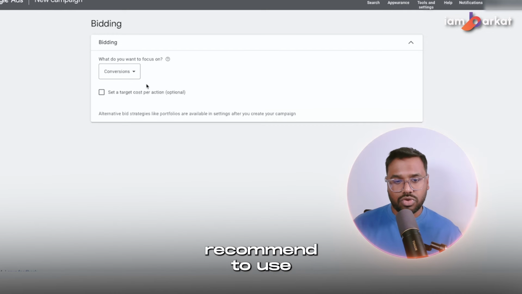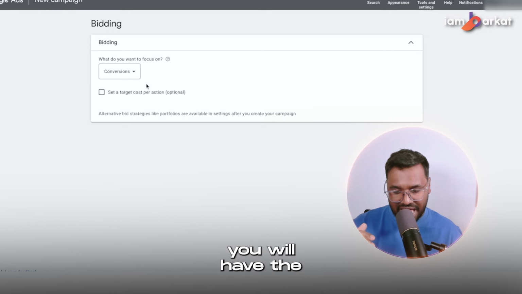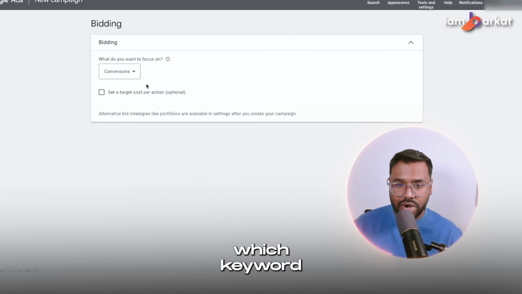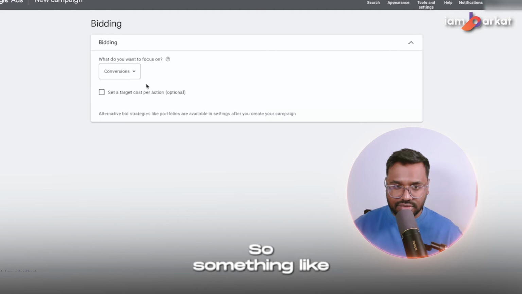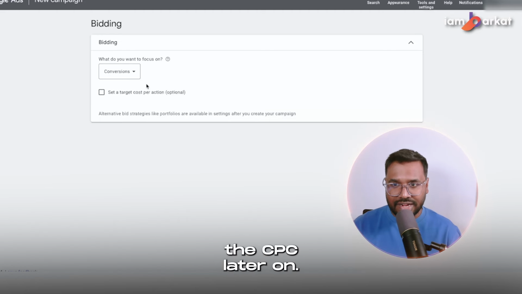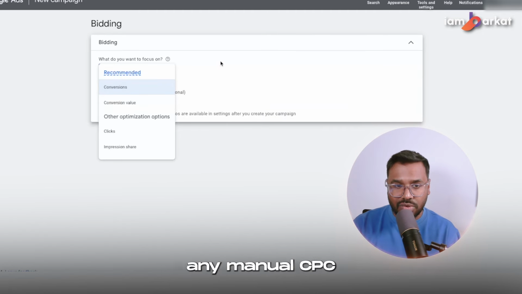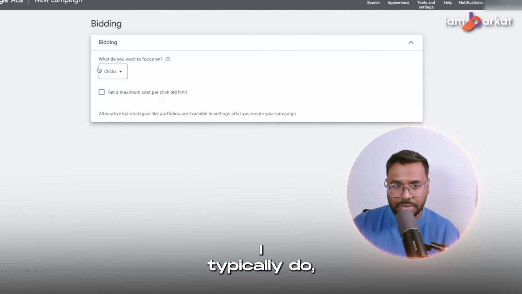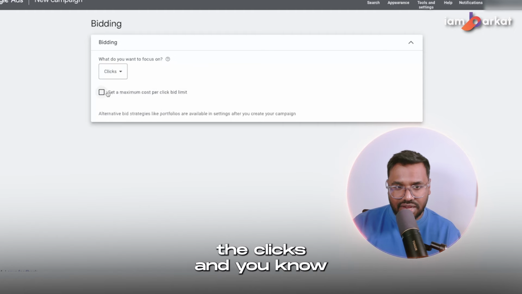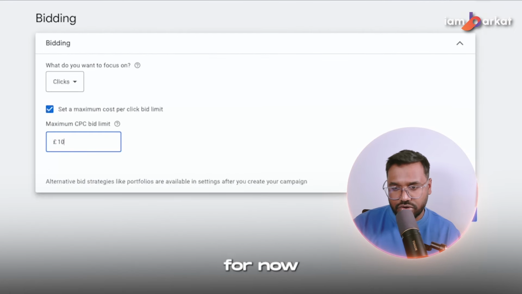But I highly recommend using manual CPC, because when you use manual CPC bidding, you will have a proper understanding of which keyword you want to bid higher on or which keyword you don't want to bid higher on. I will explain everything about manual CPC later on. So let's select manual CPC. I believe you will not see any manual CPC here. So what I typically do is select the clicks and maximum cost per click, let's say 10 for now,